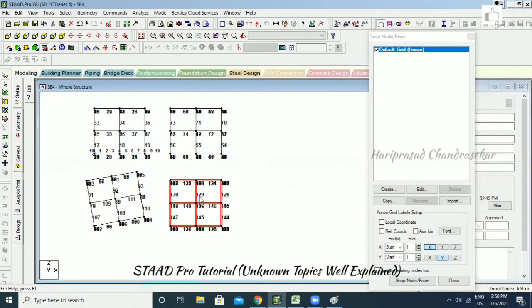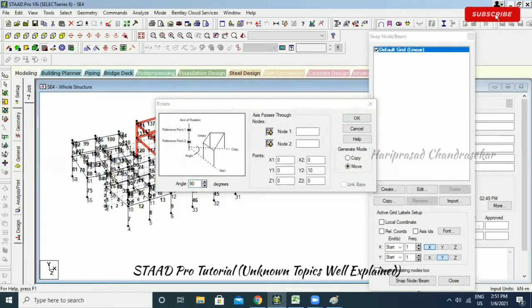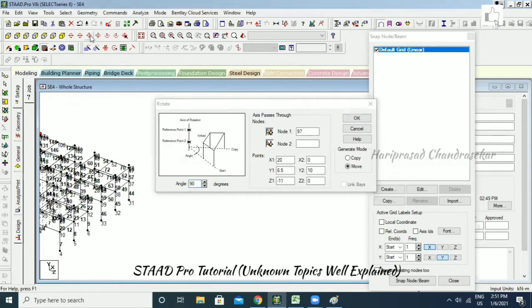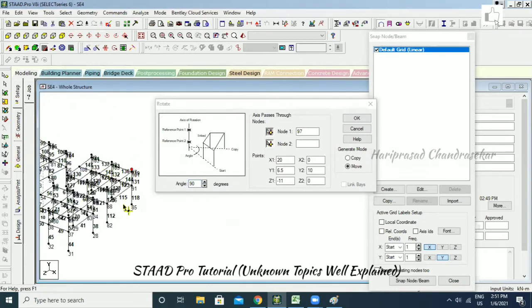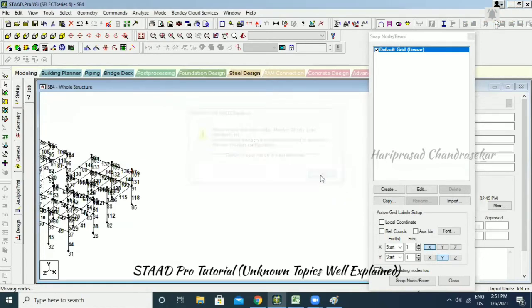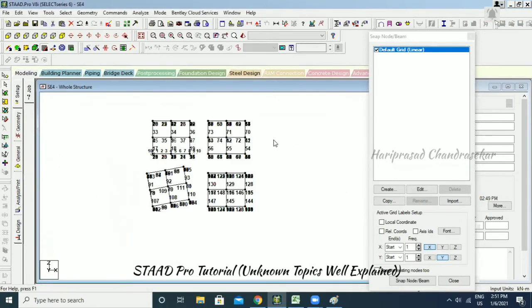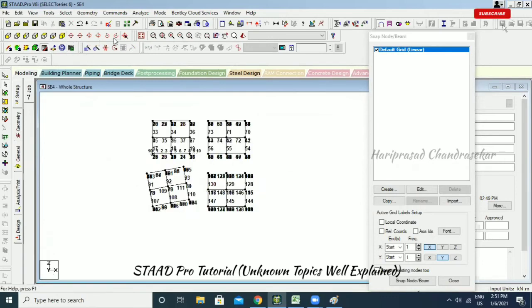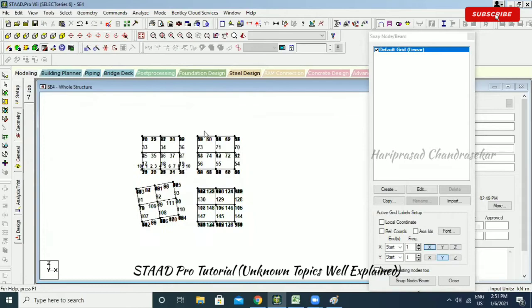Now again, I will tell you, you can just go for selecting, and you can use the icon over here, and you can just select the nodes. For selecting the node, first you need to select this, and then you can go for this node. You need to select this, and then you can rotate, and you can select this node, and you can specify the angle. For example, 30 degree. I'm just going to put move, and then I'm just clicking OK, and it is asking something. You put OK. I think it didn't move actually.